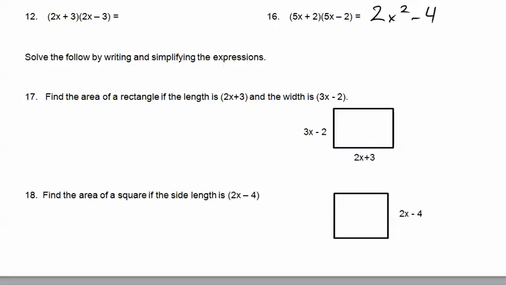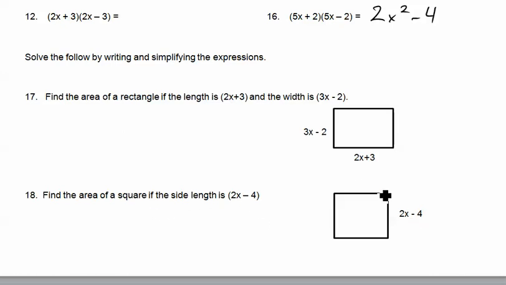I'm just going to let you figure out these word problems down here. Again, it's the same thing. We're finding the area of a rectangle, so we'd multiply this times this, 3x minus 2 times 2x plus 3. And then with a square,